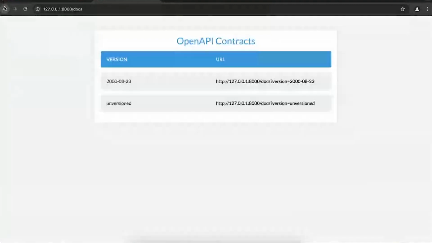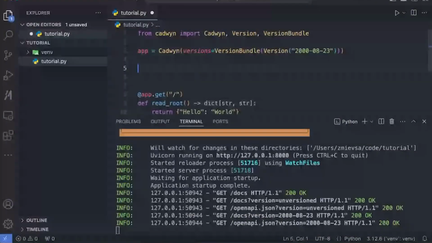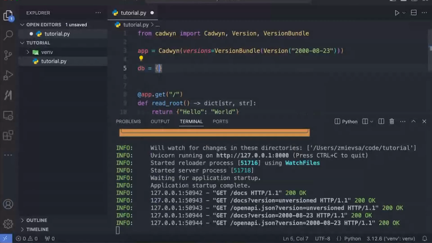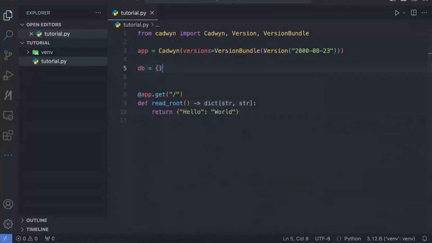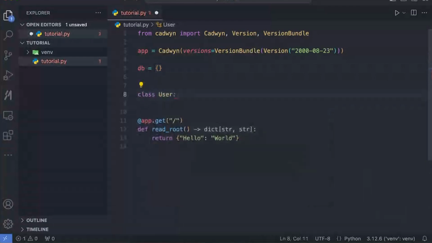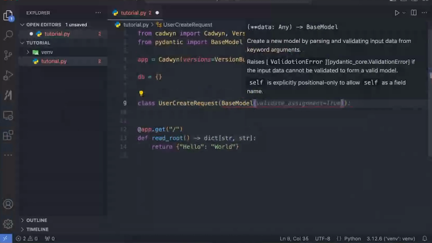Now let's go and try creating an API, a proper API here. Let's start with a database. We will not have an actual database. We'll use just a simple dictionary, just a simple JSON. And let's say we are operating users. So in FastAPI, you would define user create request. Boom.